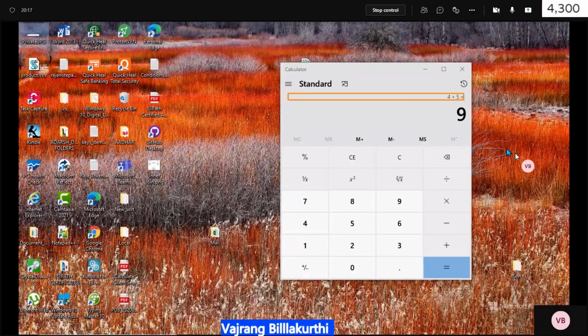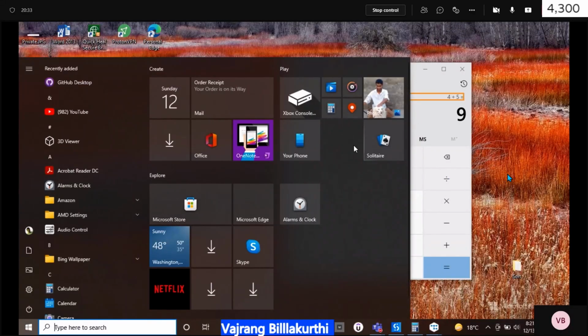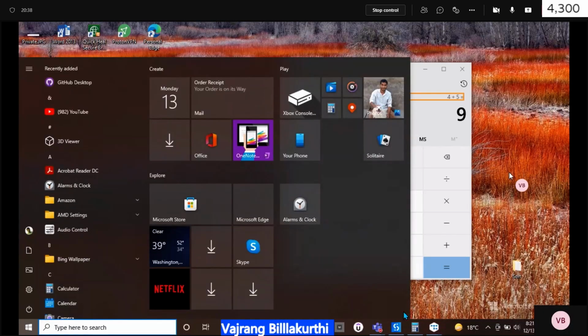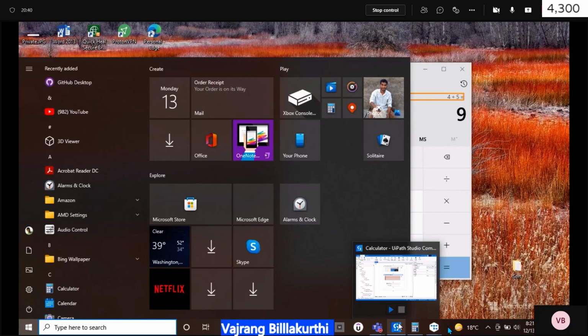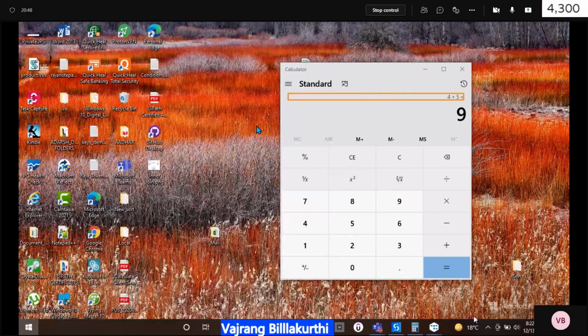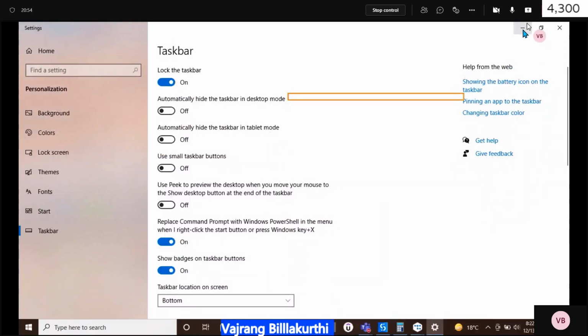Somehow I'm not able to see the taskbar at the bottom. Can you open it? Oh, you made it hidden. Just a second. Let's stop automatically hide. So it will be easier for us.